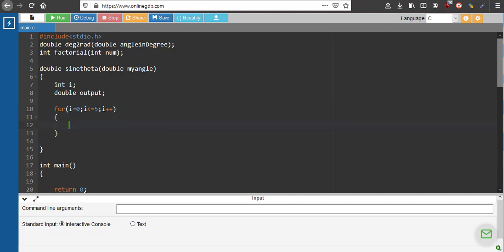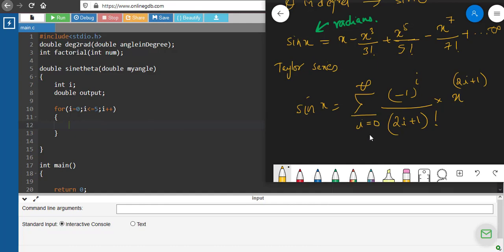What is this 5? What I am telling you is, i equal to 0 corresponds to the first term, i equal to 1 corresponds to the second term, i equal to 2 corresponds to the third term. Like that we are doing up to the fifth term. Now why the fifth term? Let's see what the fifth term is. It is 5 into 2 plus 1, 11. So minus 1 with i as 5 means it will be a negative number. We'll just see the fifth term.